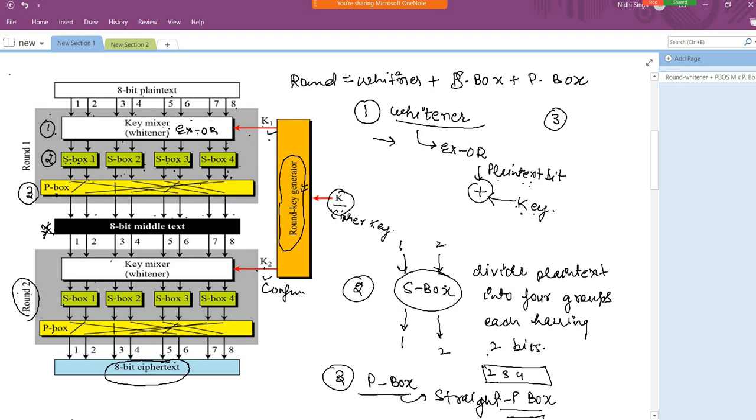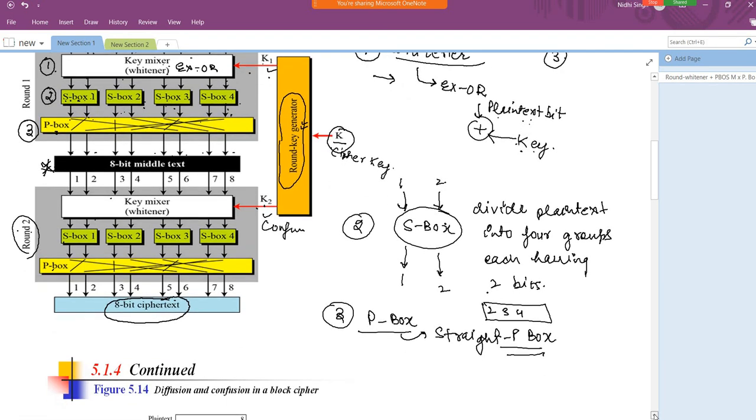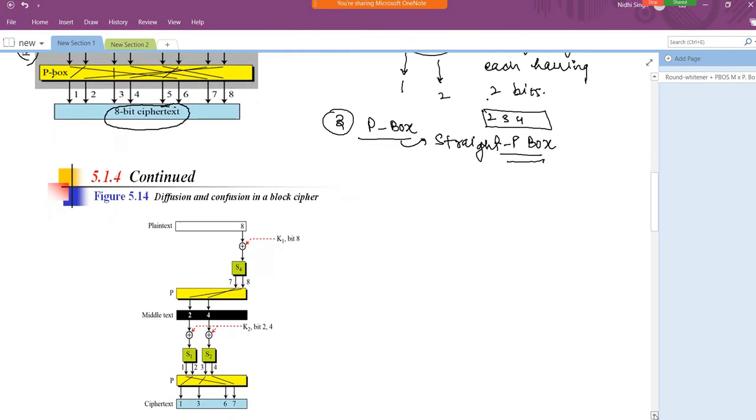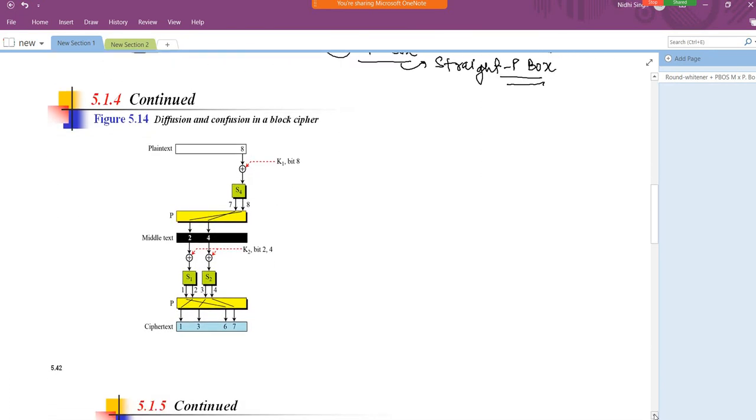So now it is time to verify whether the product cipher we have made, that consists of three transformations, is able to achieve the two properties or not. What are those two properties? The first one is diffusion and the second one is confusion. So for the diffusion, what does the diffusion property say? Diffusion property says that if we change one bit in the plain text, then more or several bits have to be changed in the cipher text. यही बोलता है मेरा diffusion property.